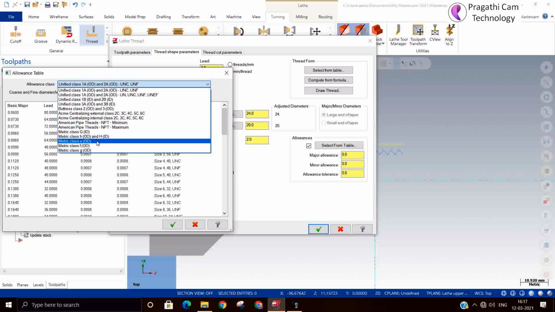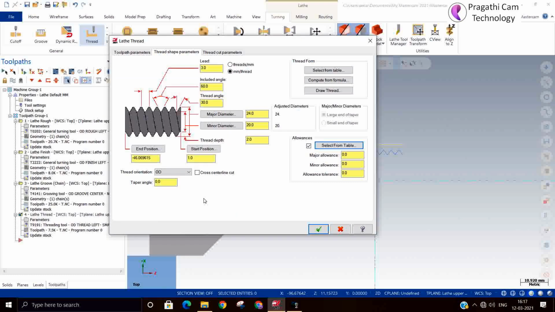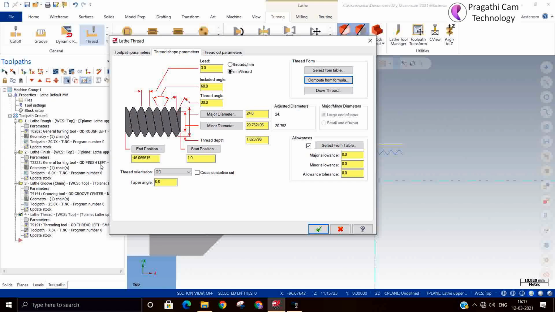There are classes of threads also available, so it is based on the thread. You can also use the compute formula method. You just put in the lead and it will automatically calculate the major and minor diameter.